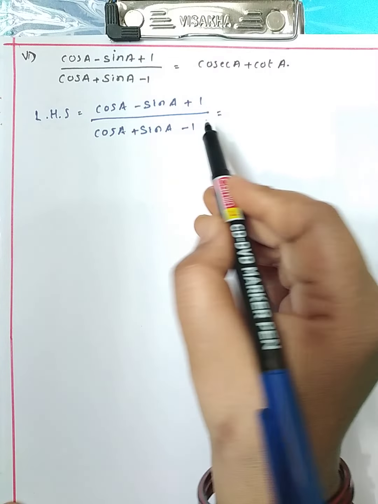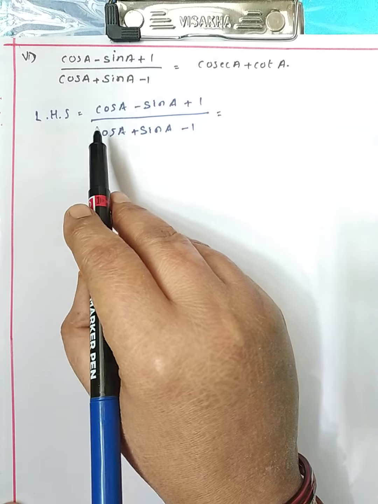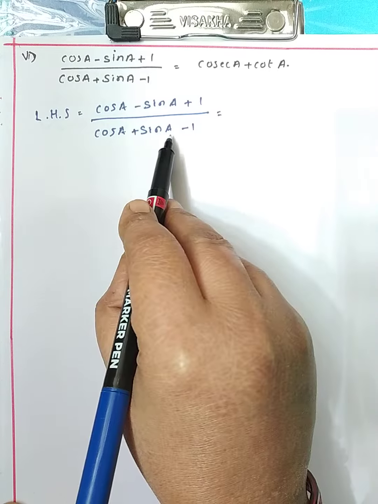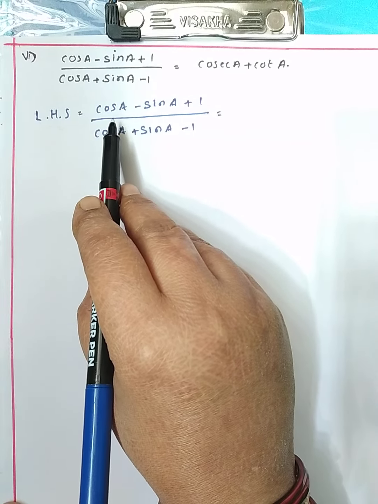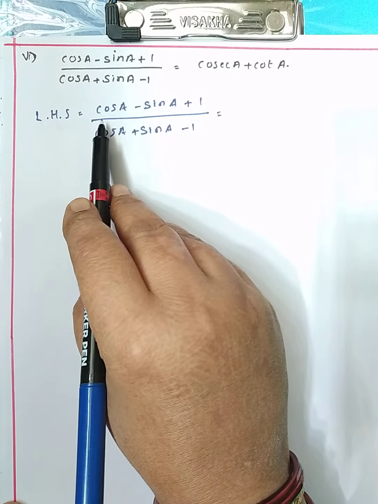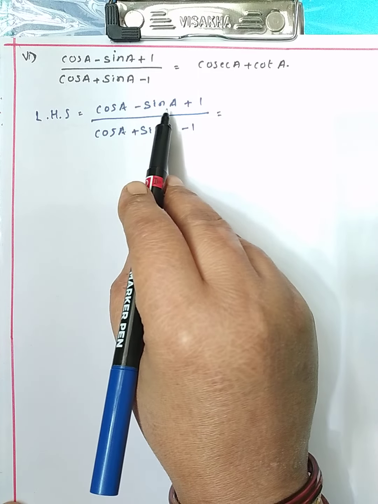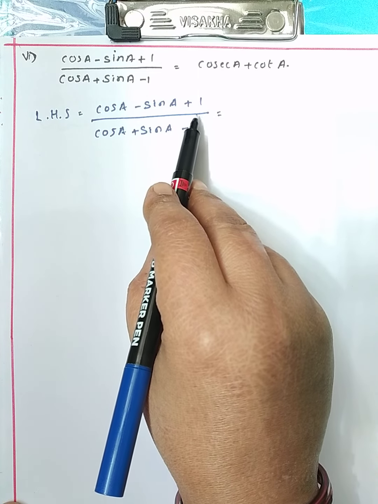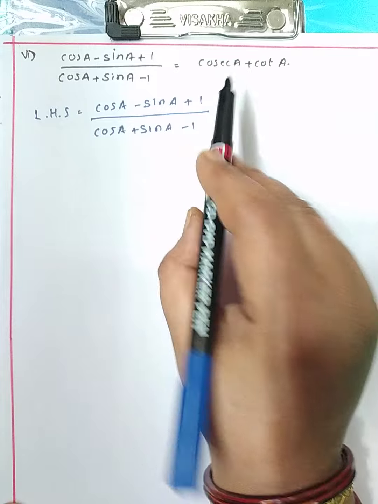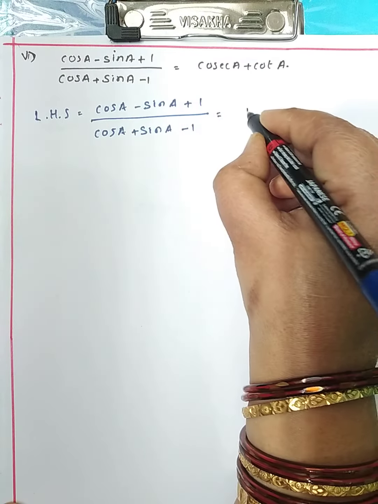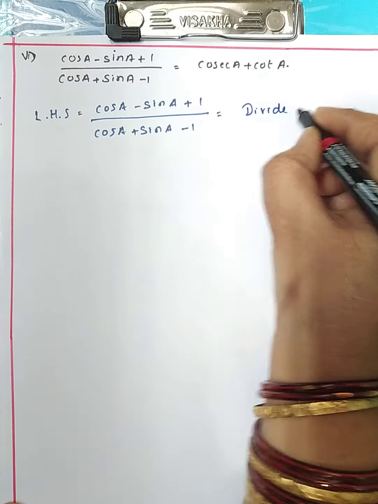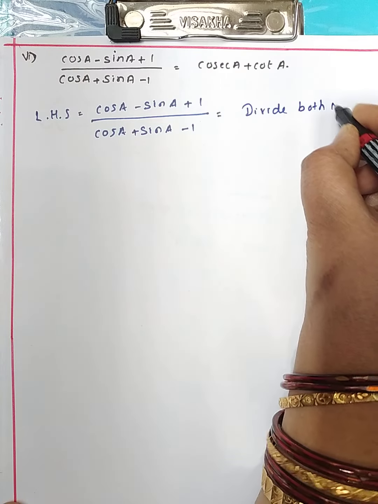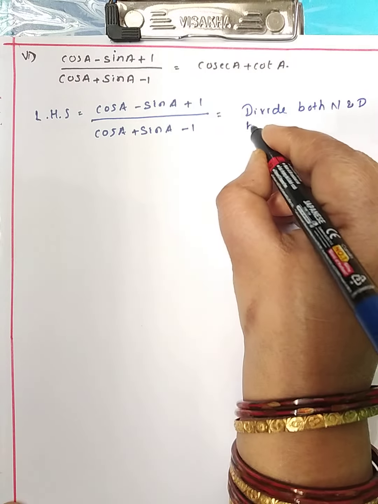For converting to cot, if we divide both numerator and denominator by sin, we will get cot form. See, cos by sin is cot, sin by sin is 1, and 1 by sin is cosec. So divide both numerator and denominator by